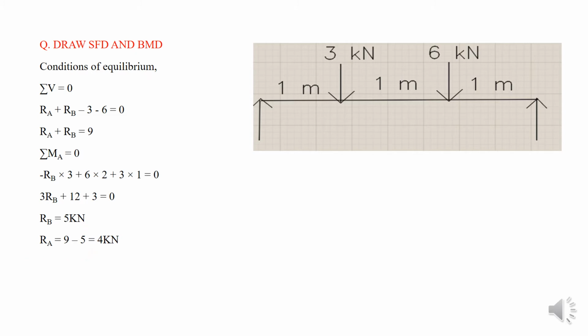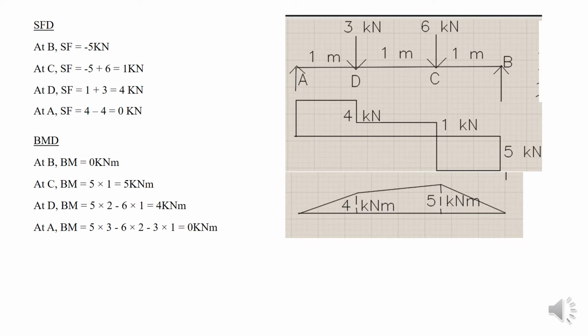Okay. Now we have to draw SFD and BMD. So same thing we have to do, that is look into B. Here you can see an upward reaction RB which is having a value of minus 5. So from B to C you can draw a horizontal line, that is from baseline we have to draw 5 kN, and from B to C which is 5 kN. Then at C you can see a 6 kN, that is minus 5 plus 6, that is 1 kN, and this 1 kN will proceed up to D, and there you can see a plus 3 kN.